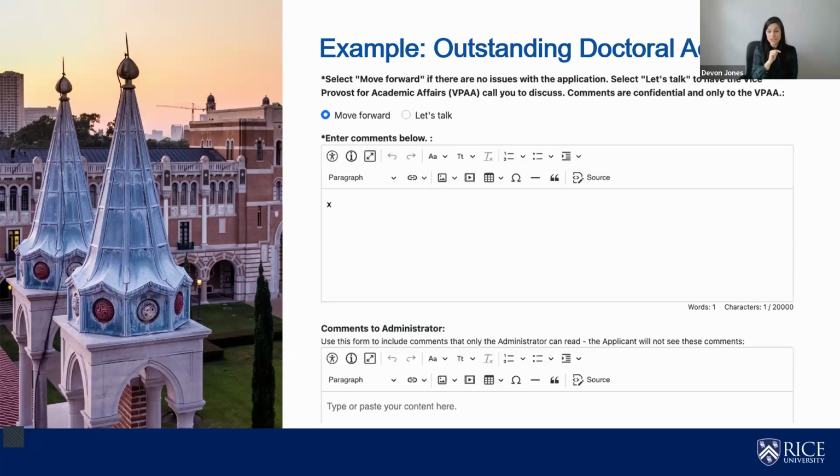Originally, we had this language set to approve, do not approve, which is kind of the standard template available if you do go the route of the approval form template. It is an easy one to use. And that, for us, really put our dean in a box. And he asked that we change it to something a bit more appropriate. And we landed on, if you look at the screenshot here, move forward or let's talk.